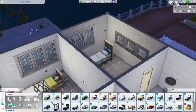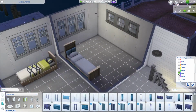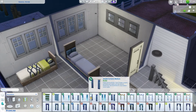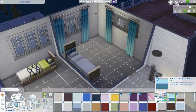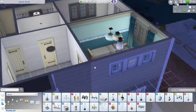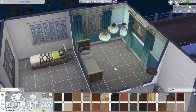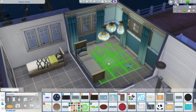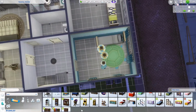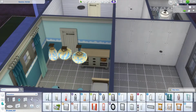Okay, so moving on to the kids' rooms. These are fairly gender neutral. I wouldn't really say one is particularly boy or girl. I just tried to keep them really light and airy and beachy feeling. This first one is sort of a seafoam aqua blue-green combo. That bed is from Parenthood. The curtains are Seasons. The wallpaper is Parenthood. And I believe that rug is from